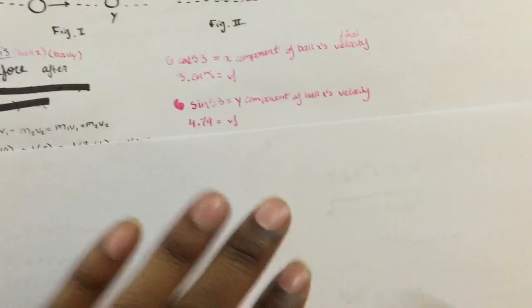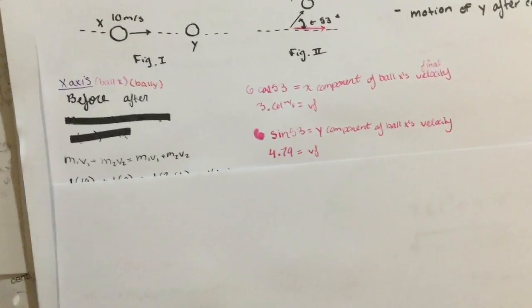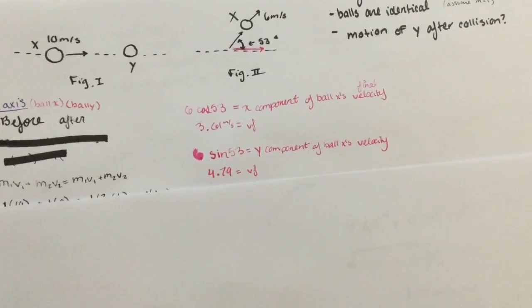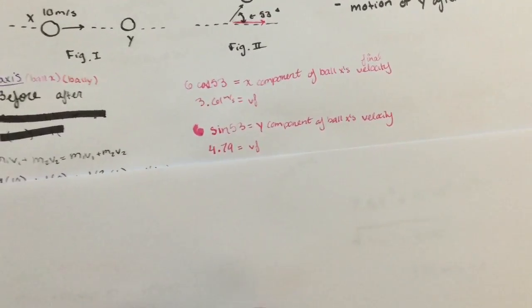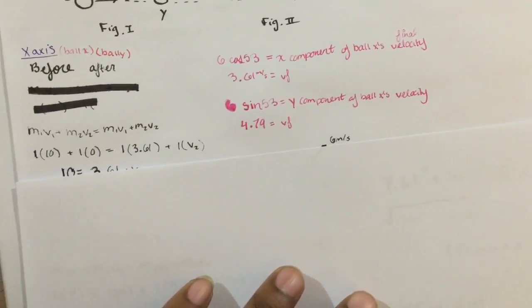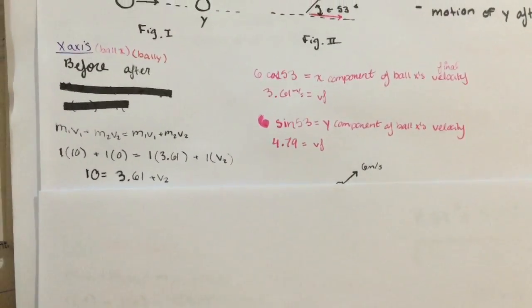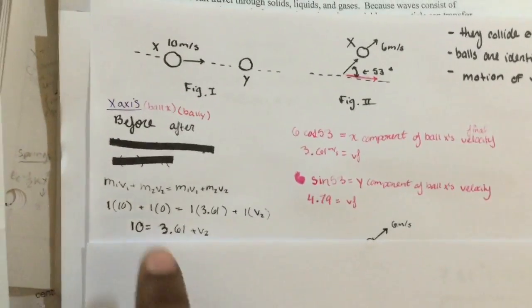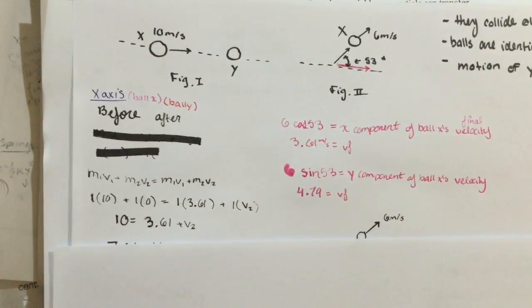And the y component for ball x, doing more trig, 6 sine 53 gave me 4.79. But before that, when you're finding the x velocity for ball y, you plug it into the conservation of